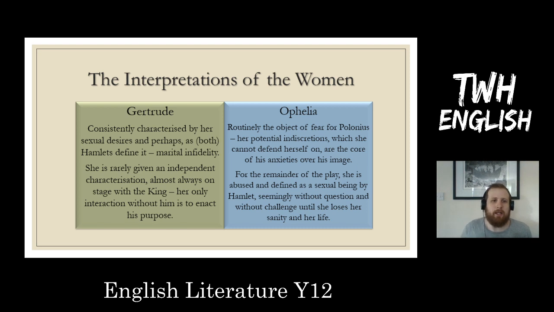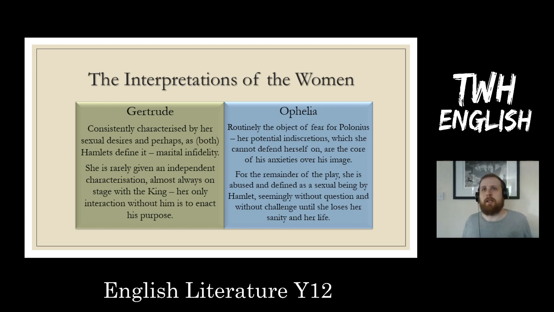There is a second one. Her only scene in the version that we're looking at anyway, without him, is Act 3, Scene 4, where she is spying. Essentially, she's been asked to go and have a conversation with Hamlet so that Polonius can spy on it. So Gertrude is very much reduced to a figure in the play